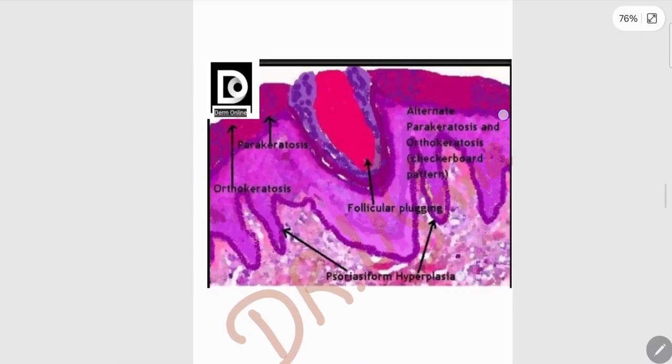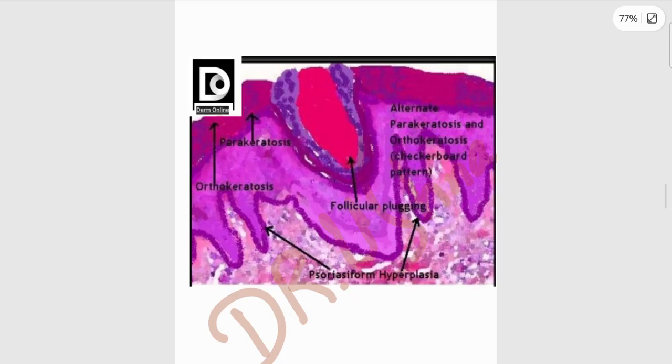This is a slide of PRP. If you put things together, here you can see nuclei. These blue portions are your nuclei. So definitively this is your stratum corneum and this is the nuclei portion, known as parakeratosis. But in between the parakeratosis, you can see there is no nuclei. This is clear, smooth stratum corneum. So obviously this is